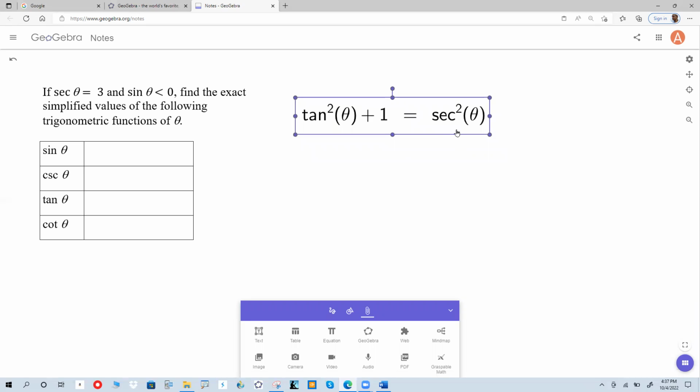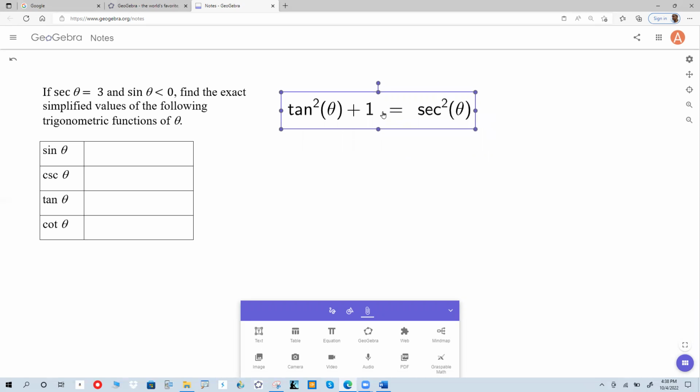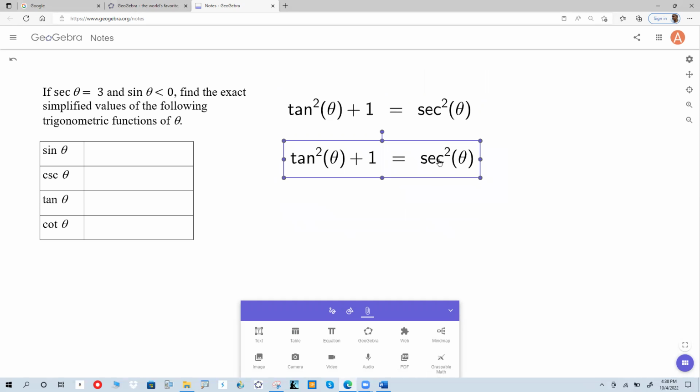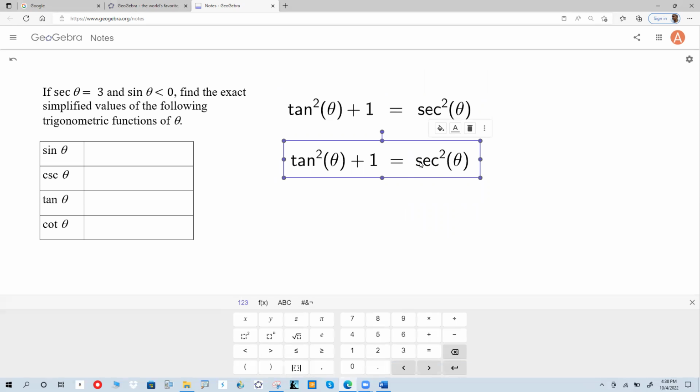Now, I do know secant theta is 3, so I'm going to rewrite this as follows. Now, instead of secant squared theta, I'm going to write 3 squared,